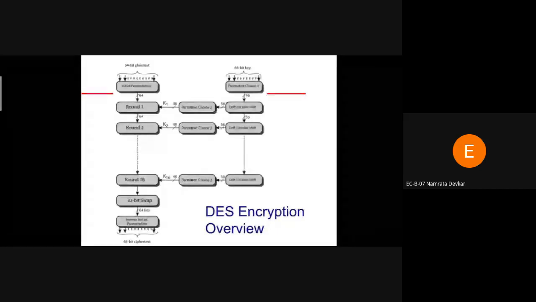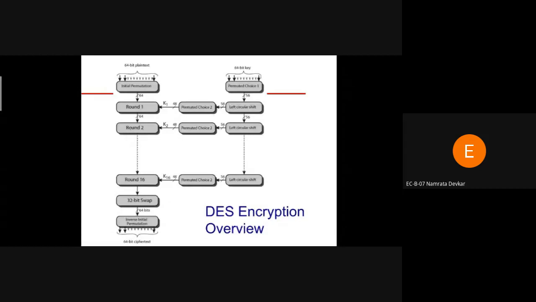In this, we have to consider the number of keys. If our plaintext is 64 bits, first we use a 64-bit key, then the 64 bits are converted into a 56-bit key, and finally we convert the 56 into a 48-bit key, and the 48-bit key can be applied to the series of rounds. Again, there are round 1 to round 16 present in the Data Encryption Standard.